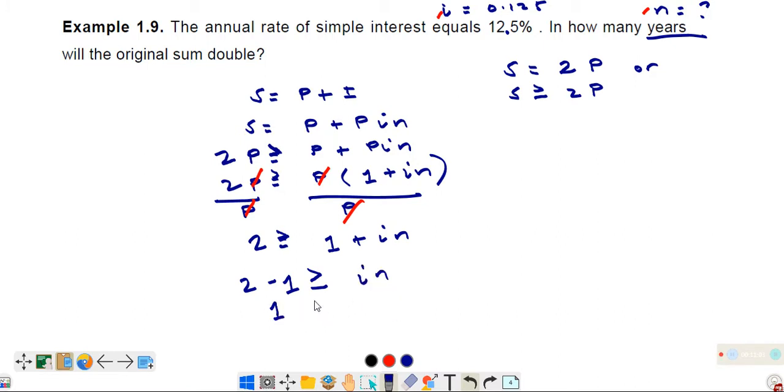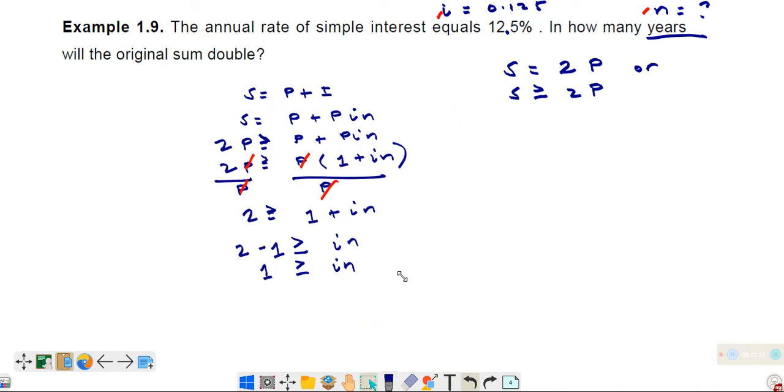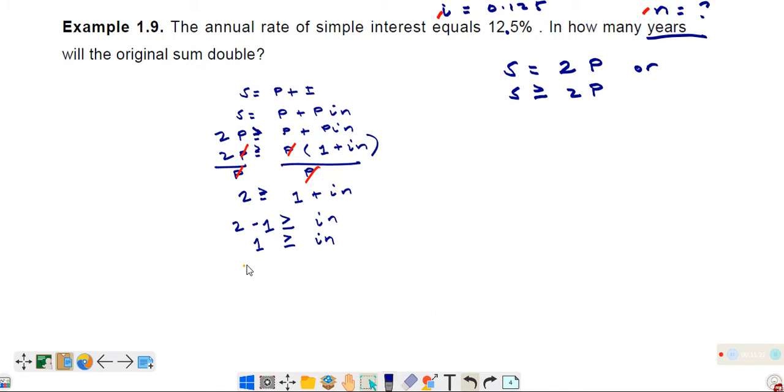So, meron tayong 1 is greater than or equal to IN. Substitute na natin si I. Ano ang ating I? Ang ating I ay 12.5% or 0.125. So, meron tayong 1 is greater than or equal to